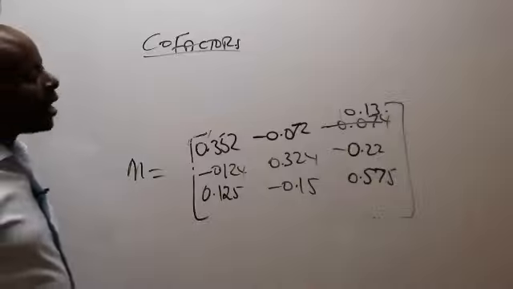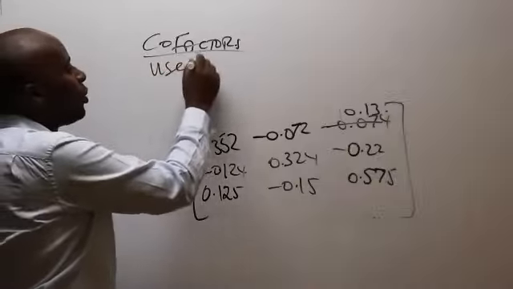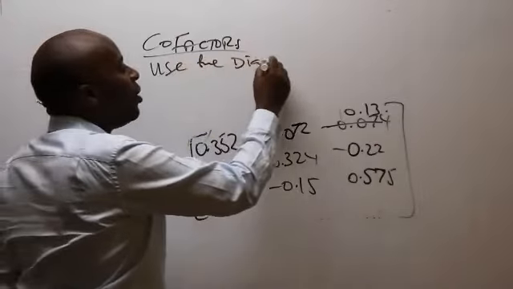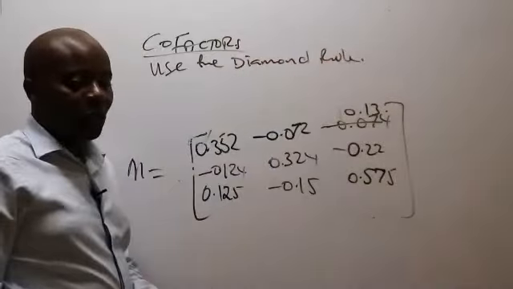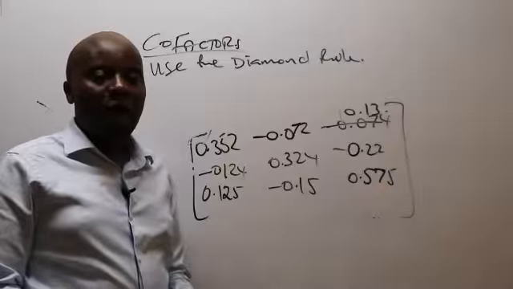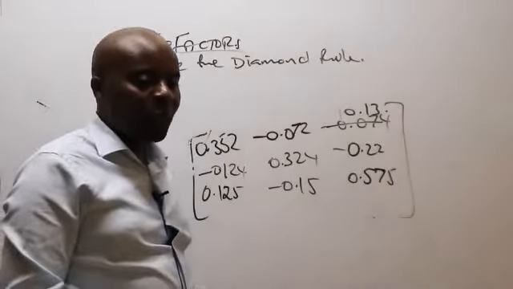Basically, to get cofactors, we use the diamond rule. So you use the diamond rule, and at this particular juncture, I would want to know whether there is any